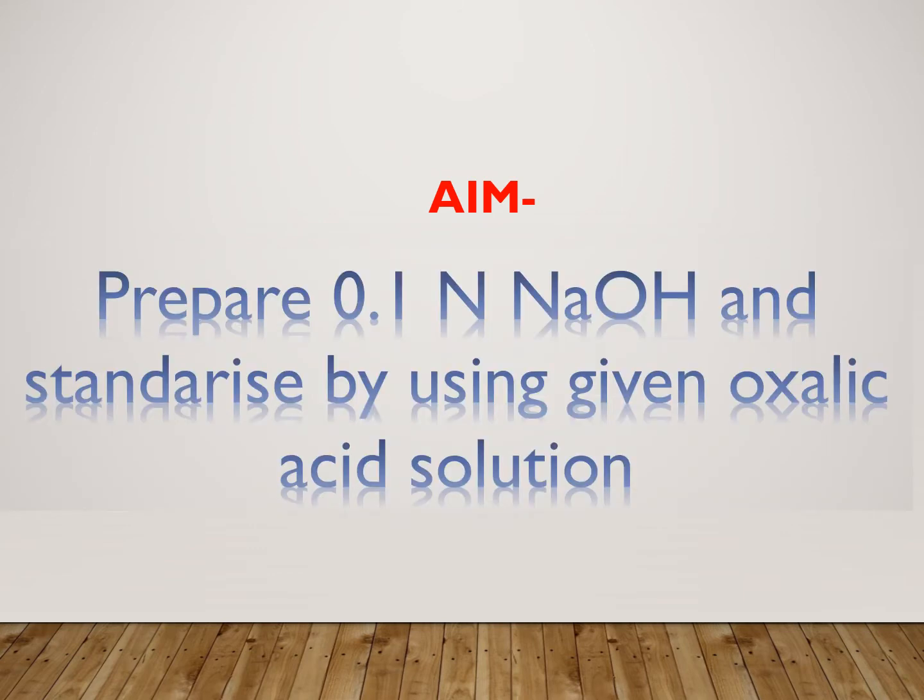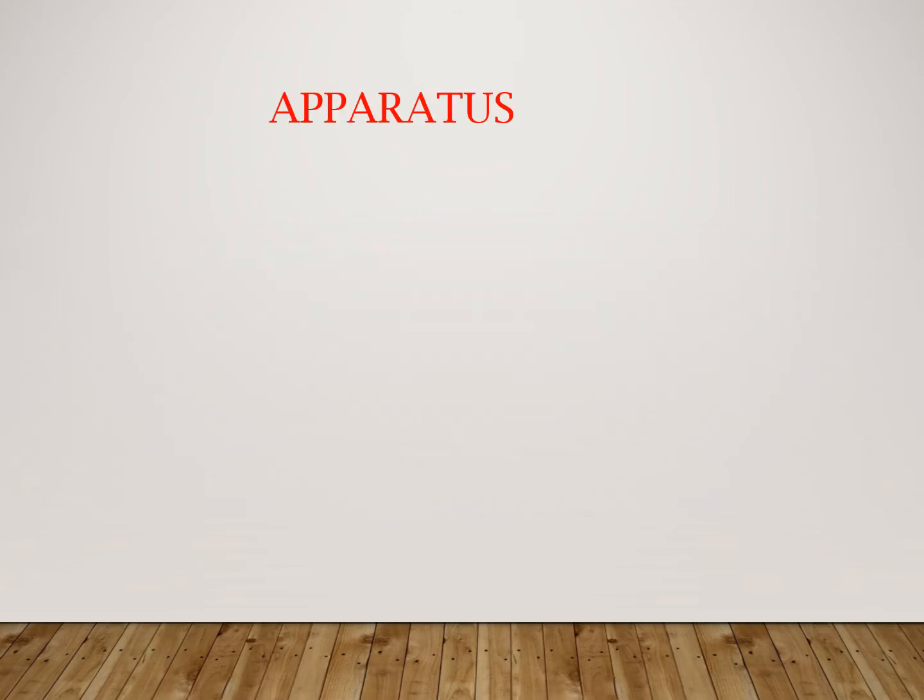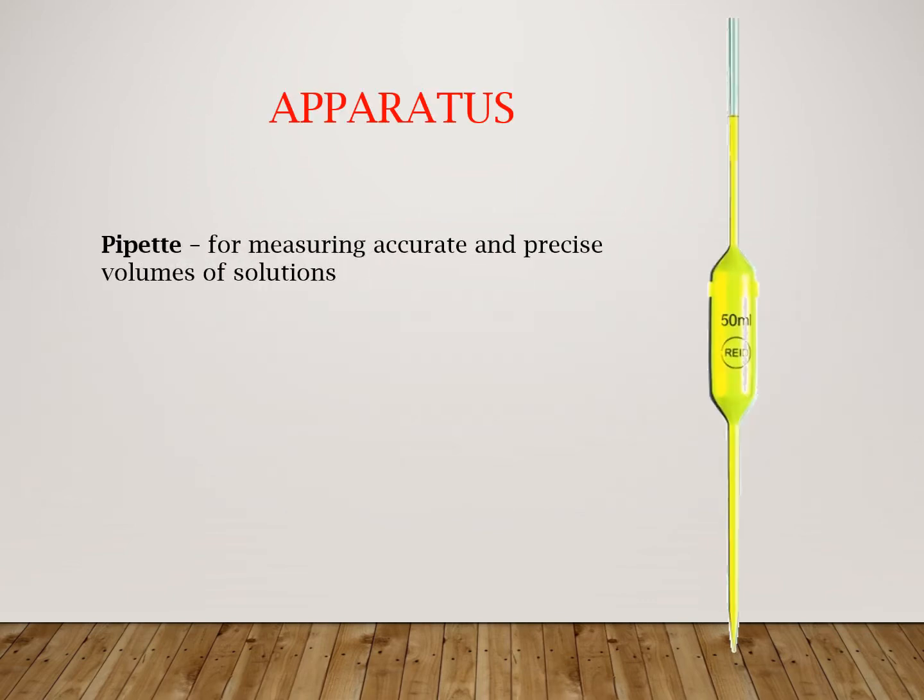Today we will see acid-base titration. Aim of the experiment: prepare 0.1 normal NaOH solution and standardize it by using the given oxalic acid solution. Apparatus required: pipette,